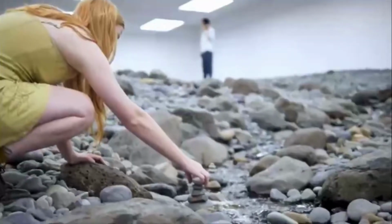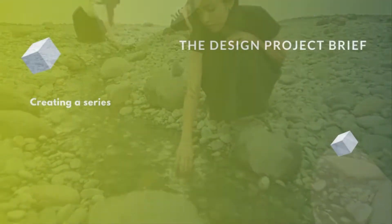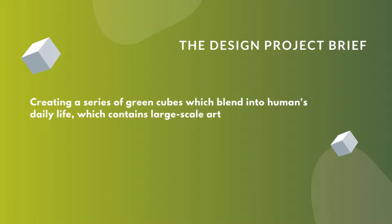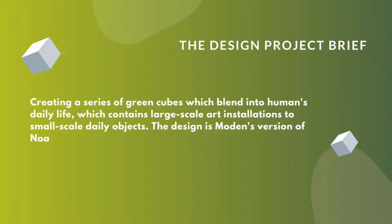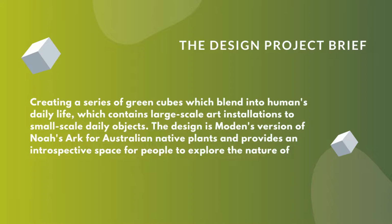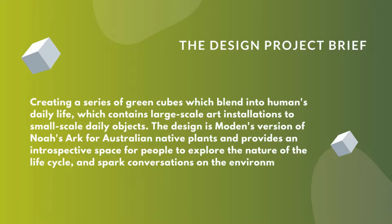by the world today. So based on all the research and precedents, I'm going to create a series of green cubes which blend into human daily life, which contain large-scale art installations to small-scale daily objects. The design is a modern version of Noah's Ark for Australian native plants, and provides an introspective space for people to explore the nature of life cycle and spark conversations on the environmental and social challenges faced by the